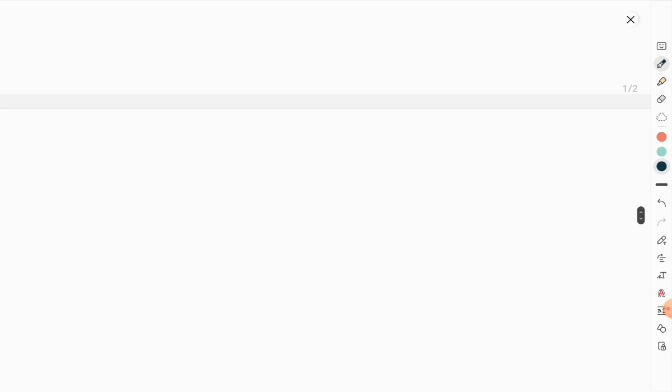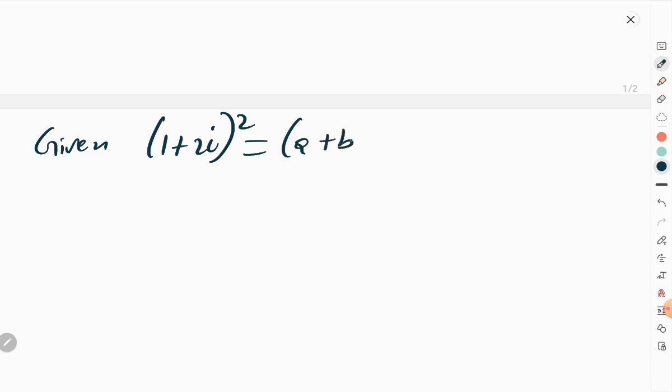Let's take another one. Given that we have (1 + 2i) all squared, it is equal to (a + bi)(2 - i) on the other side. I think these ones we need to work them out, both of them, because they are not in a standard form. And so for the left hand side, we are going to have (1 + 2i)